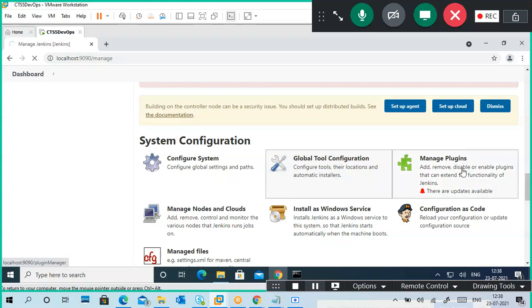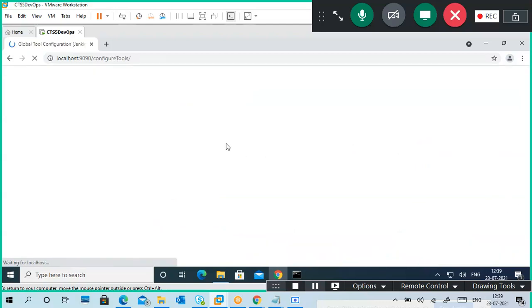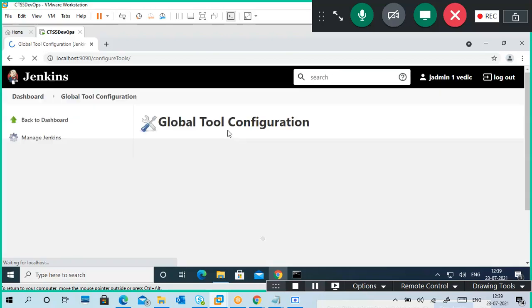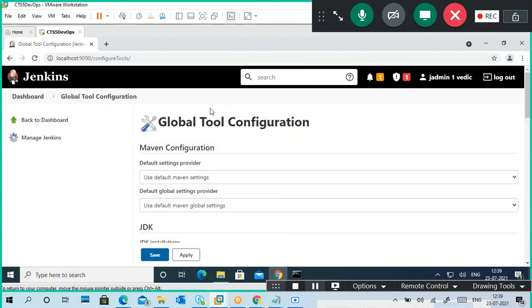Not only that, plugins and configuration as code are there. Then managing users, and security. You can create users, delete a user, modify user credentials, and as well as security, like if you want to use Active Directory users here, or some other LDAP stuff.